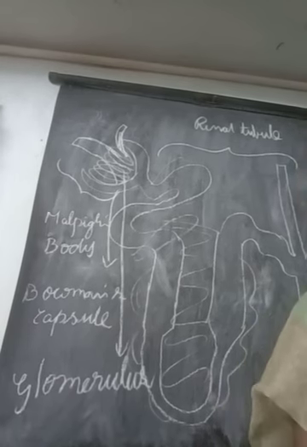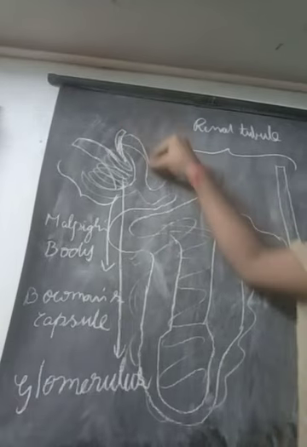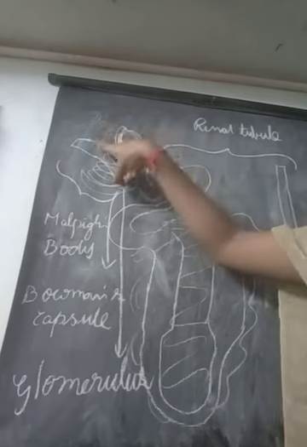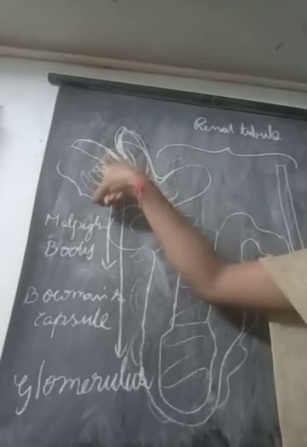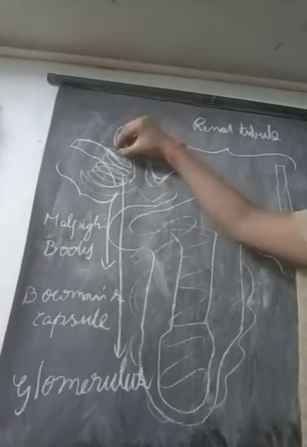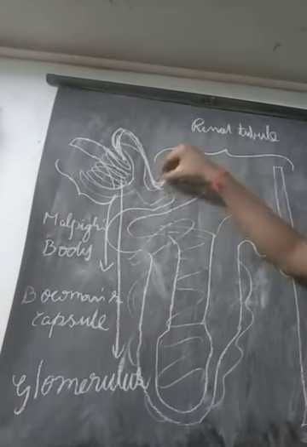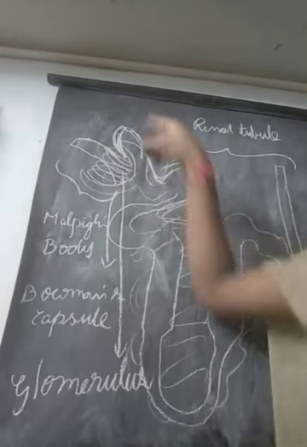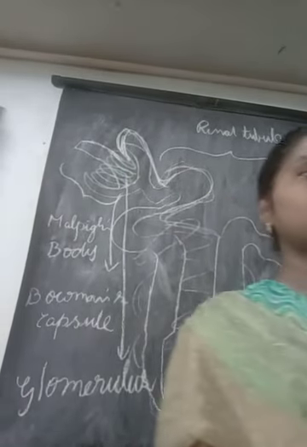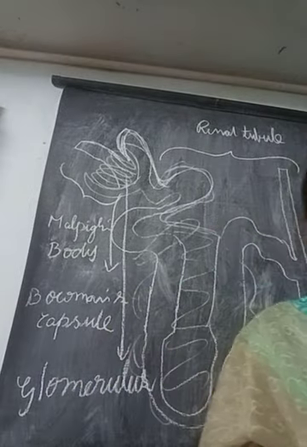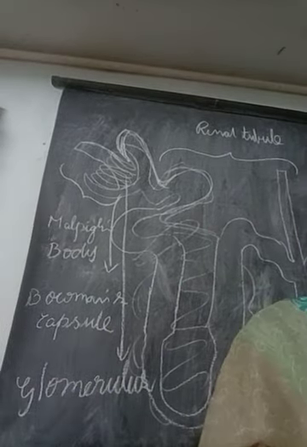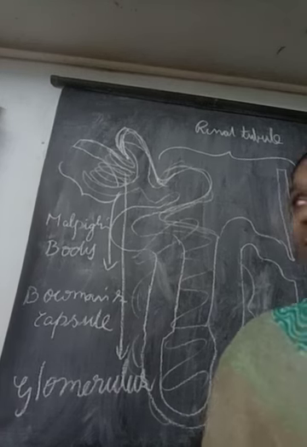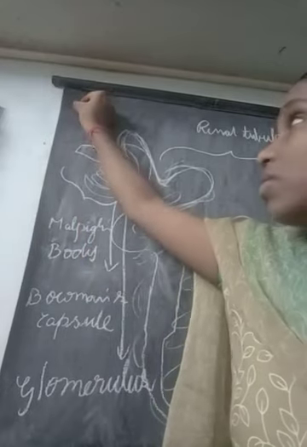And did you see here the entry and the exit of the blood vessel? One side entry and the other side exit of the blood vessel. Did you observe or not? Yes, teacher. Which blood vessel brings blood to our kidney? Renal artery. Yes, very good. That renal artery you already know, no?